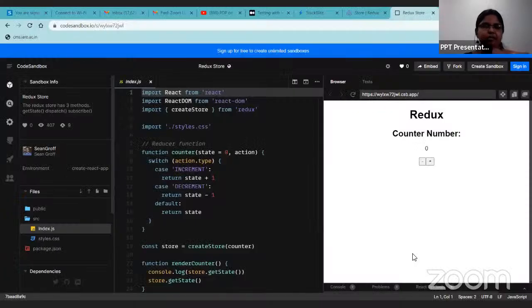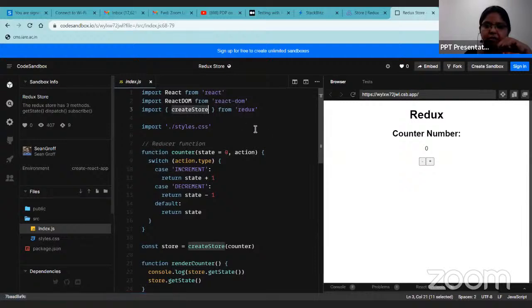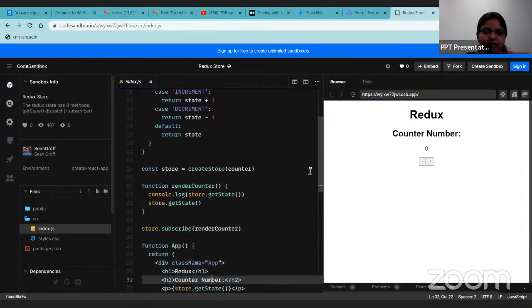Okay. Here we have our Redux Store, and you can import createStore from Redux itself. Whenever you are going for createStore, you go with importing this. And if you are trying to subscribe or unsubscribe something, then you can utilize the same thing. And for dispatchers,